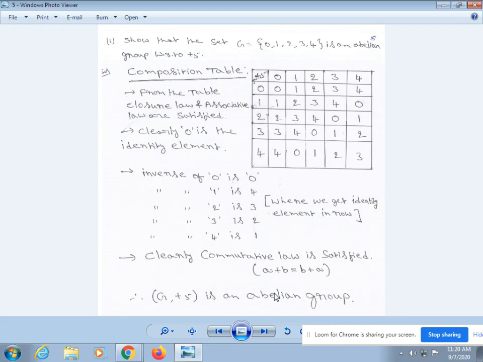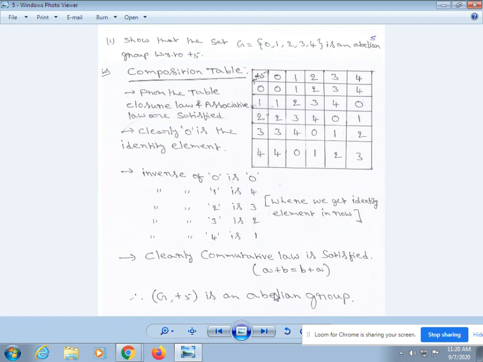In the same way, third row, 2 plus 0 addition modulo 5 is 2. 2 plus 1 is 3. 2 plus 2 equals 4. Next one, 2 plus 3 is 5, then 5 minus 5, remainder is 0. Next, the last element, 2 plus 4 addition modulo 5. 2 plus 4 is 6. 6 minus 5, the result is 1.